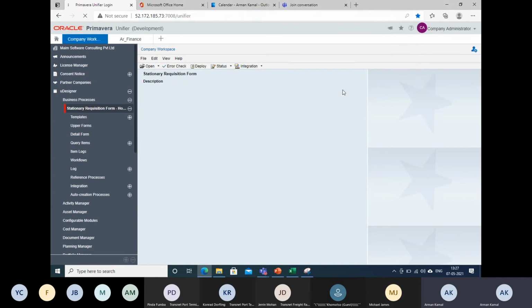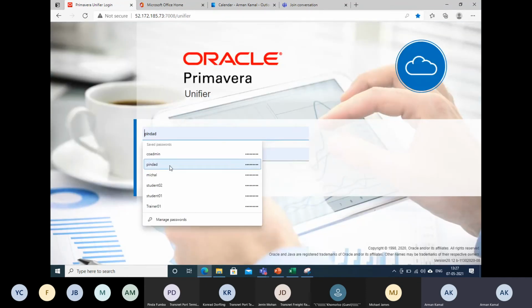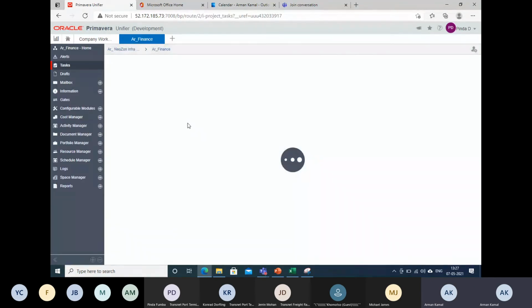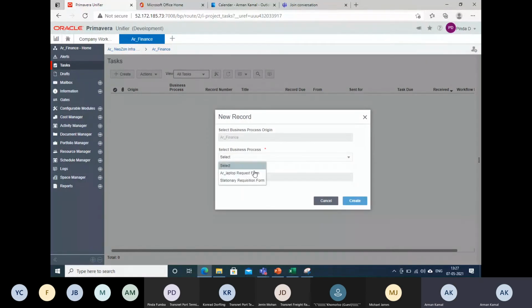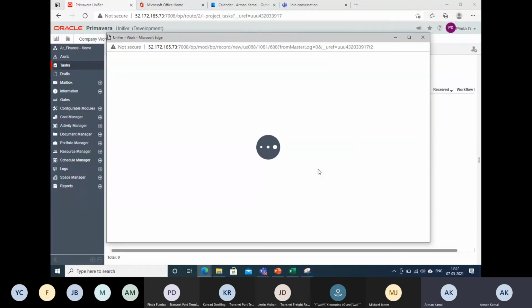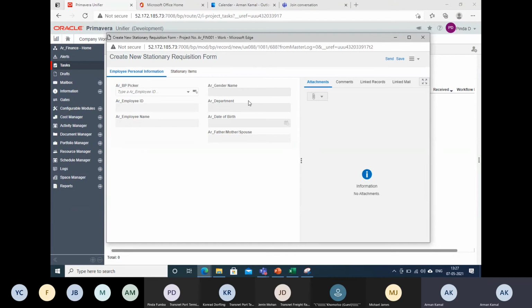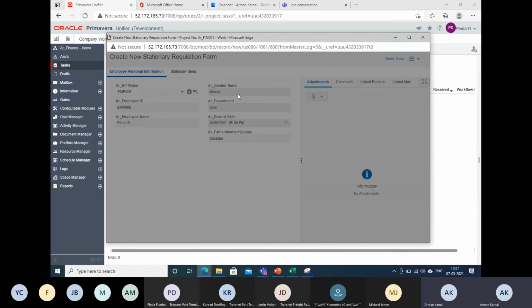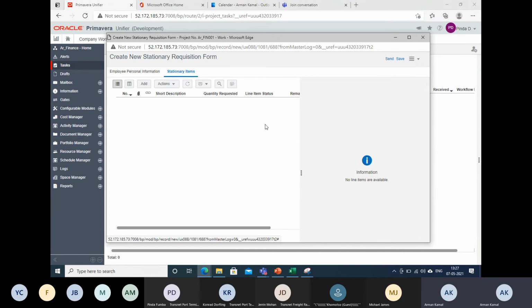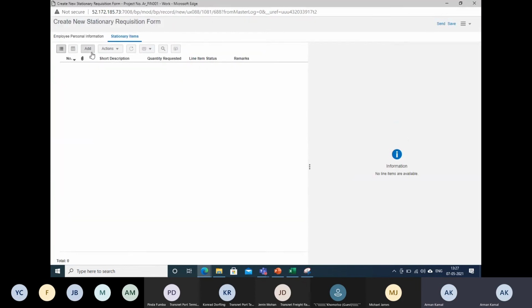Now I will again ask Pinda to try this time. So we will go to this. I will create a registration request form. Let me select her own employee details, stationery. Now I can see the add button is enabled. So that step was missed by me. You can go back and give allow access so that the user can enter that.